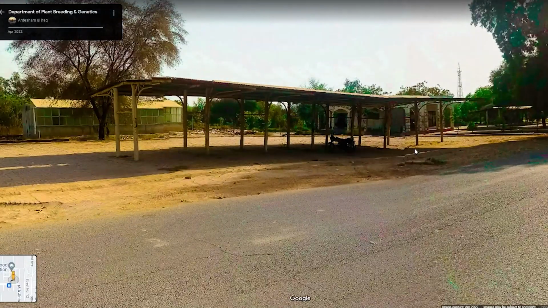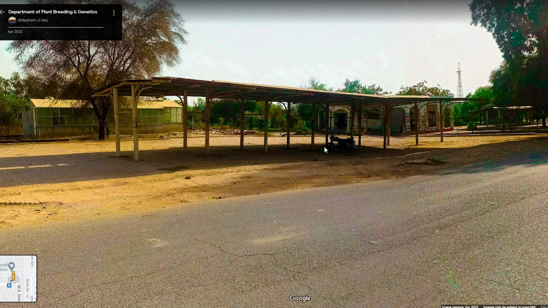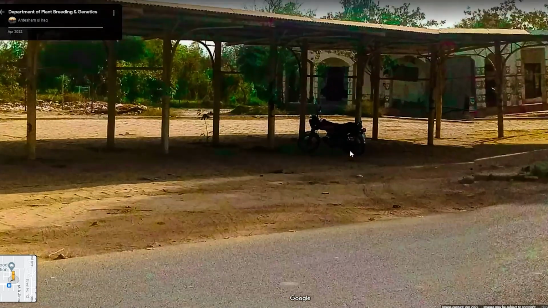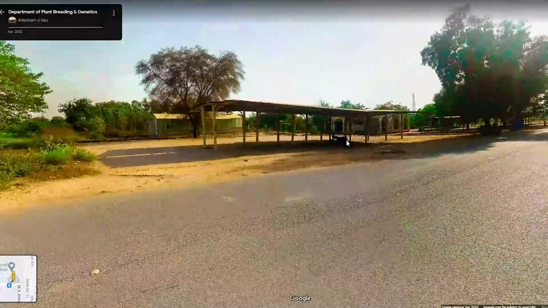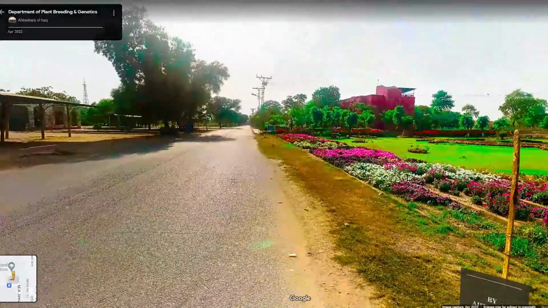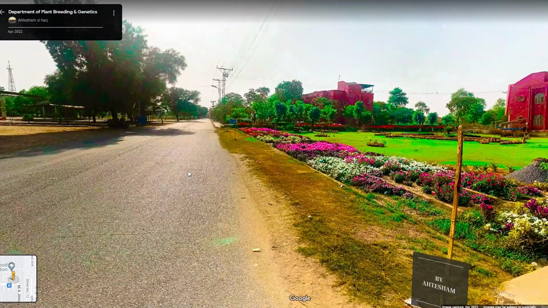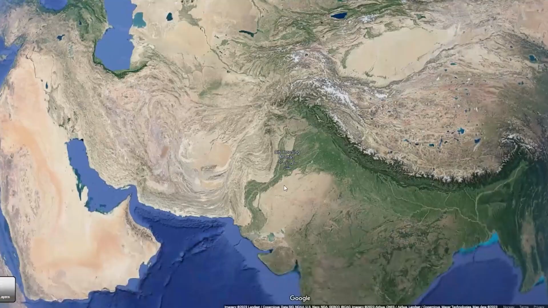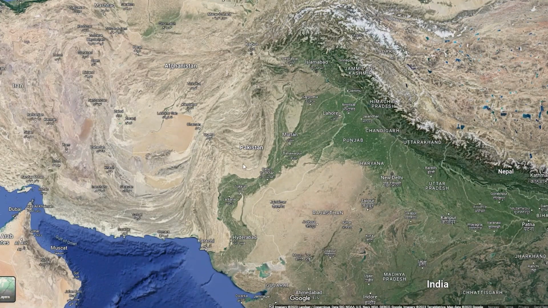What is this? Place to hang out in case it rains? Or is it maybe parking? I can see a motorcycle there. I'm not sure. Wow, look at those beautiful flowers. Okay, I'm gonna do one more